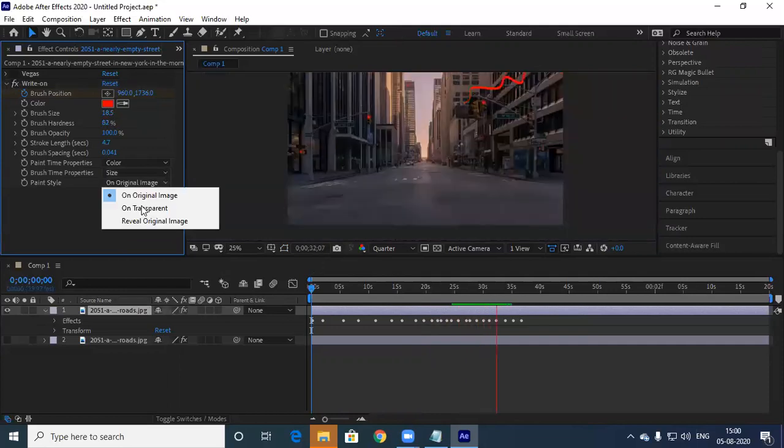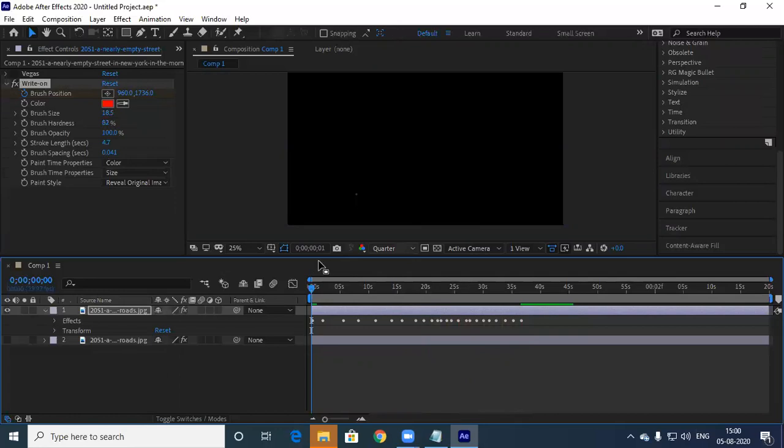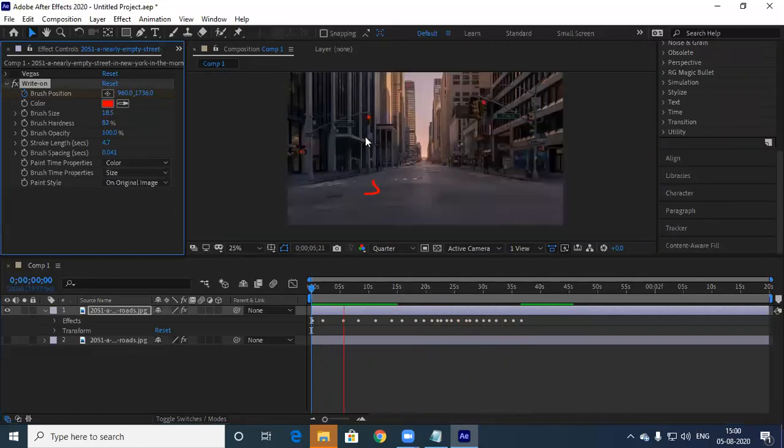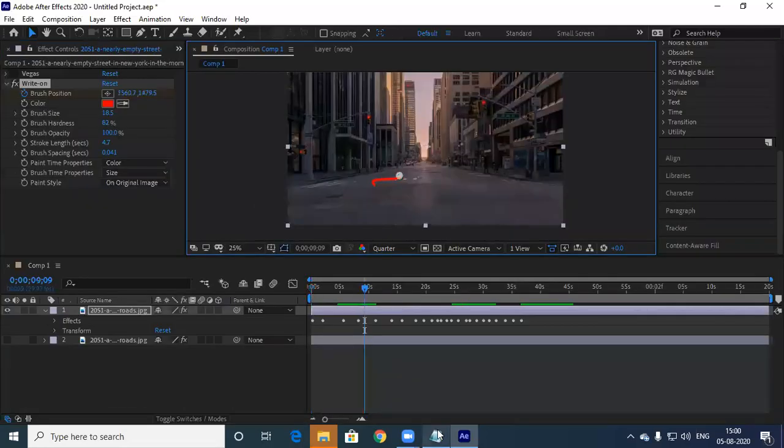So even you can do this on a transparent one. Take an image and make it transparent. Okay, try this. This as a snake effect, you try.